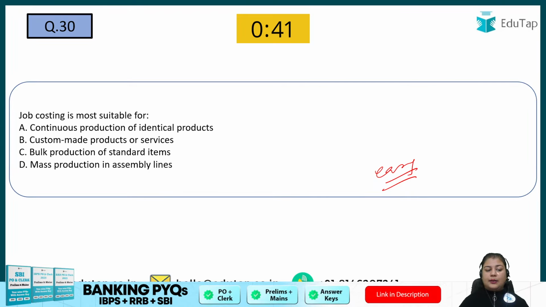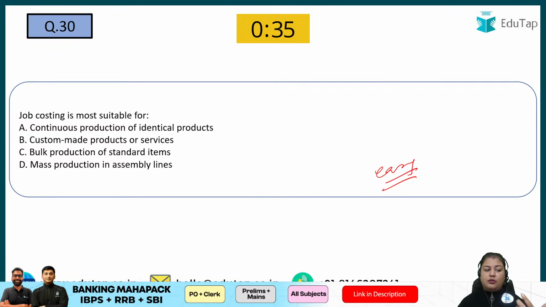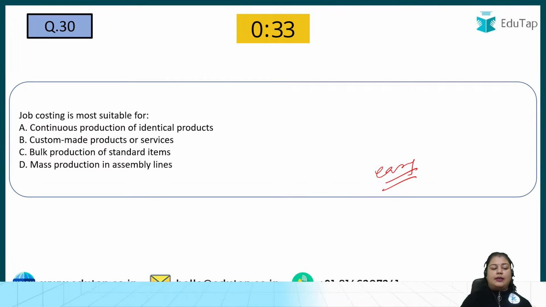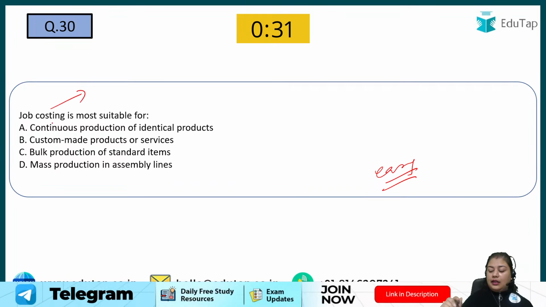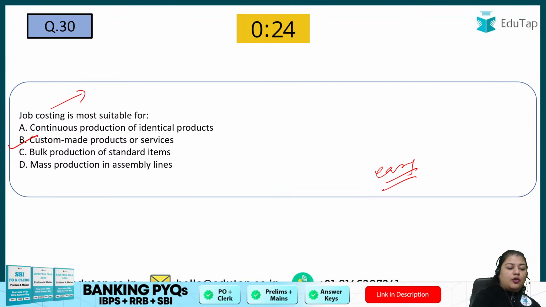जब job costing की हम बात कर रहे हैं तो हम बात करते हैं कि यहाँ पे ना mass production होगी, ना यहाँ पे identical products होंगे. So basically एक छोटा सा job, like for example to design a lehenga for you, तो basically it is a customized product made for every customer. So custom made products or service, job costing. Next,